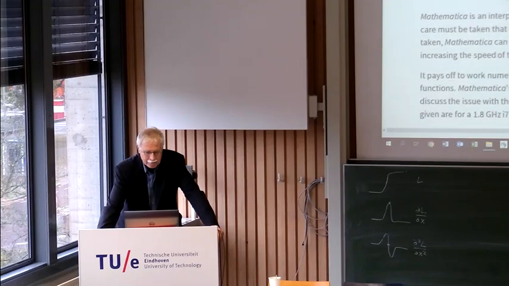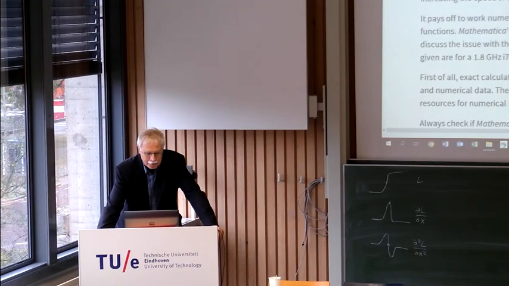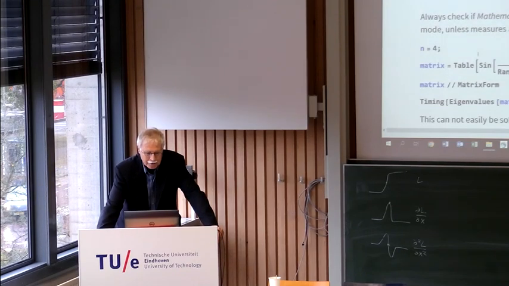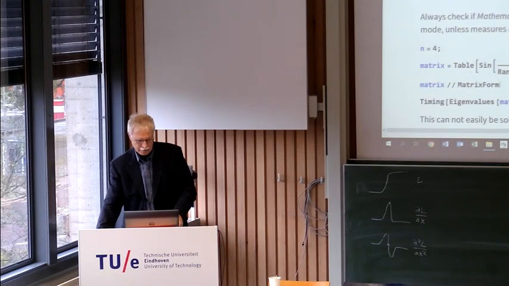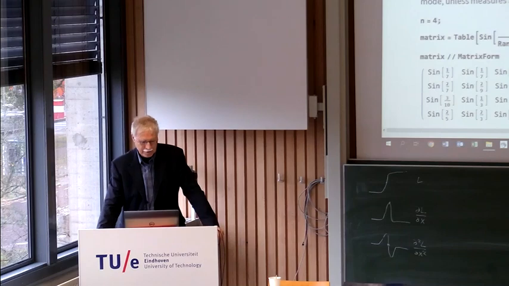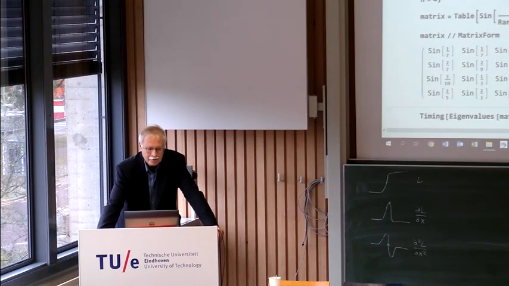Okay, that's the last thing. I have some advanced things on speed concerns. If you work with Mathematica, the major thing is that Mathematica is always symbolic. This 4 is a very precise 4. It is the integer 4. So suppose I take the sine of this function, and I make a matrix of this. You see, if I take i is 1 to 4,